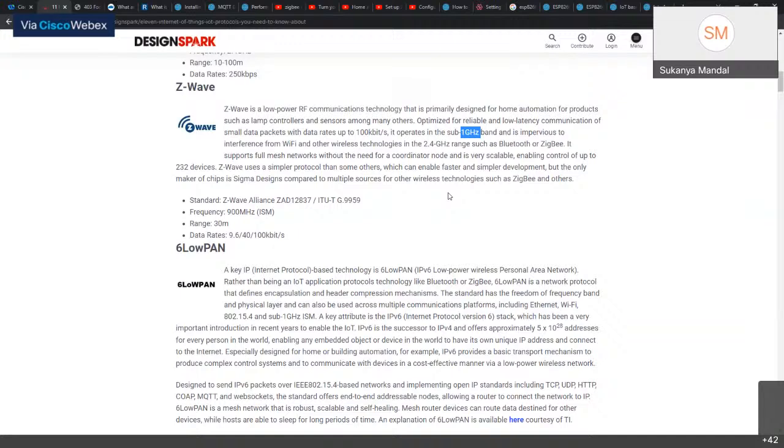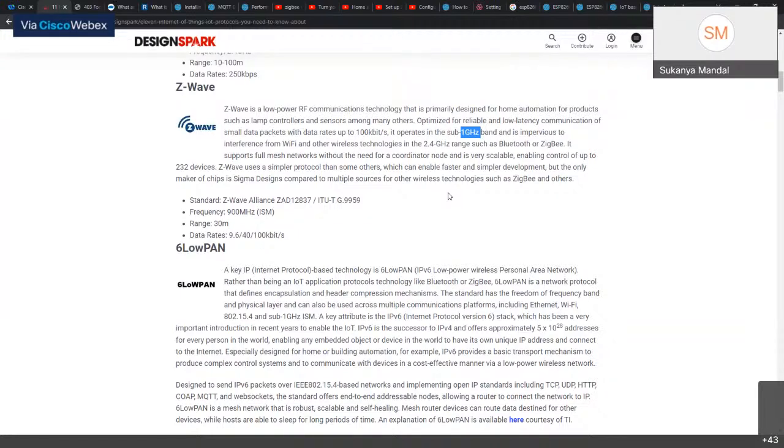Okay, and then Z-Wave is also capable of supporting full mesh networks without the need for a coordinator node, and of course is very scalable. So mesh networks are nothing but sensor networks, multiple sensors connected to the networks. Okay, and this also enables control of up to 232 devices.